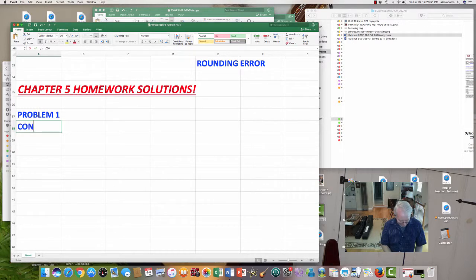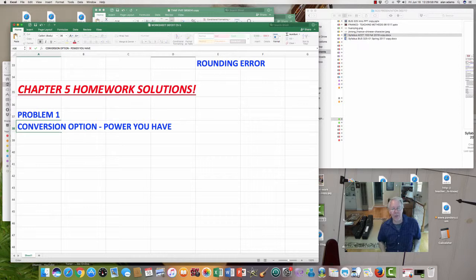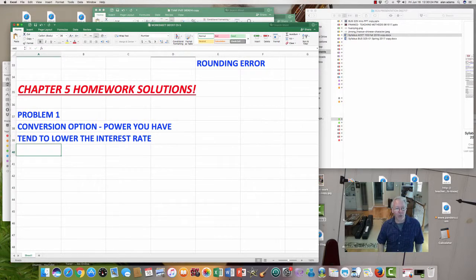Okay, if you have a conversion option, now this is a power that you have. You have the right at some point in the future, depending on certain conditions, to convert your bond over into the stock of the company. So that's a power you have, and that means if you have a conversion option, you have something of value, that means somehow, some way you're going to have to pay for it, and that will tend to lower the interest rate. Okay? You can't have it both ways, in other words. Okay. So I have to give that up to you, therefore I'm going to give you a lower interest rate